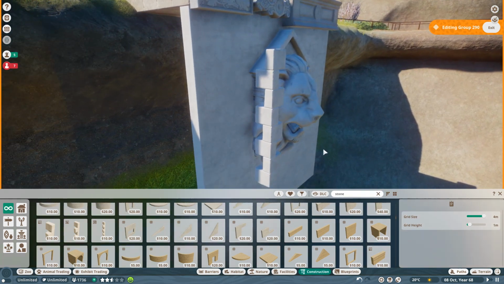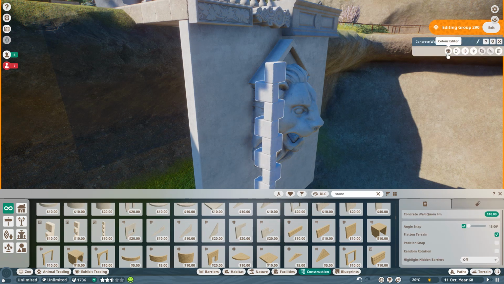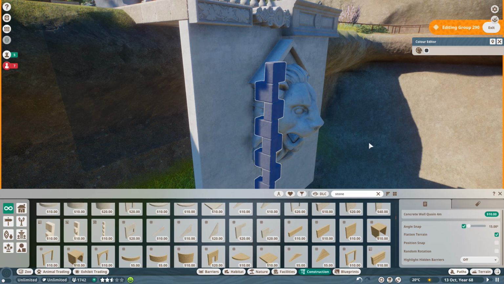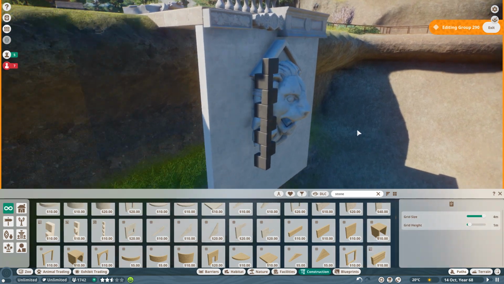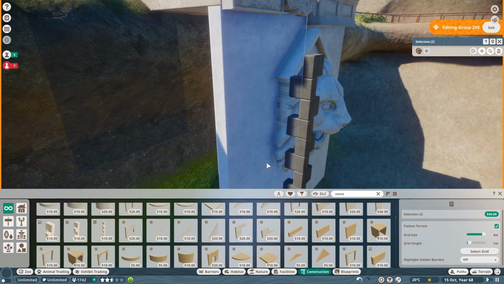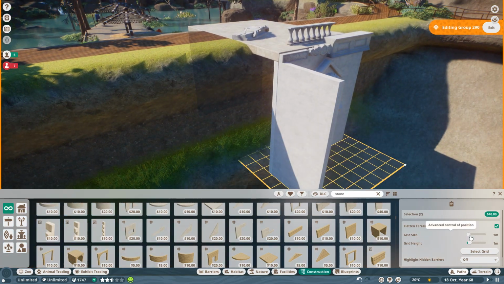Because it just looks so cool. Now I'm wondering, do I want to use, I don't know what colour I might want this. Yeah, something like that. That looks good. Yep. And then I'll tell you what I might actually end up doing is just using these. If I change the grid size,